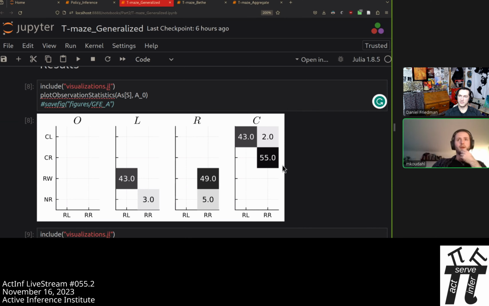Now, the interesting thing up here, what happens at the Q location? Because this says that if the Q points to the left, the reward is also pretty likely to be on the left. If the Q points to the right, the reward is also pretty likely to be on the right.